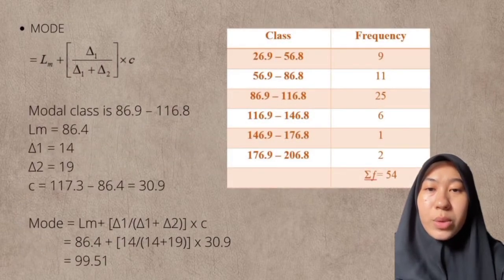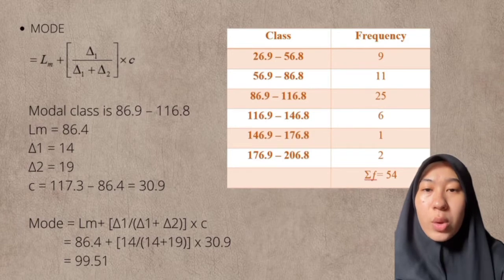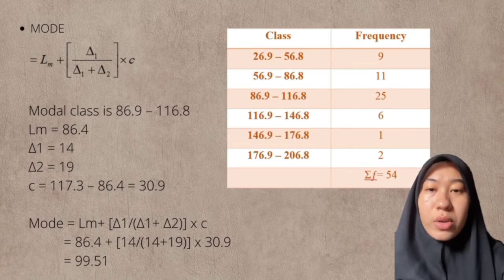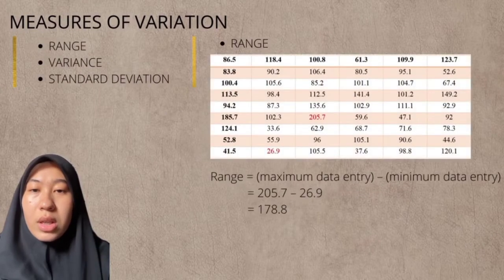To calculate the mode, we have to use the formula, which is to add the lower class boundary of the modal class with the change in 1 divided by the change in 1 plus the change in 2, and multiply with the class width. So our mode is 99.51. There are three parameters that are used to quantify the amount of variation in a set of random variables,